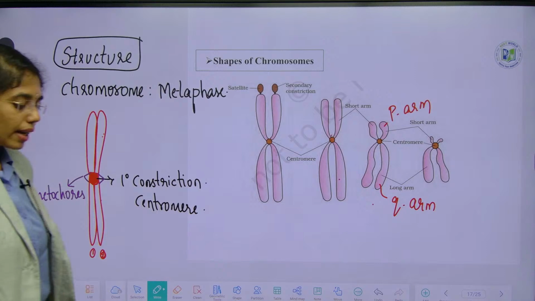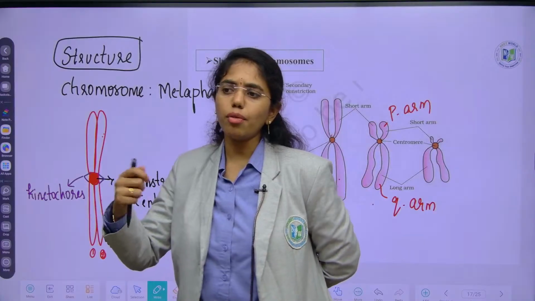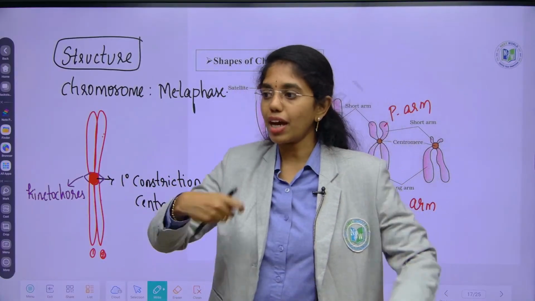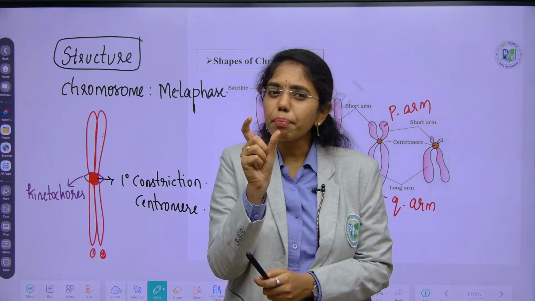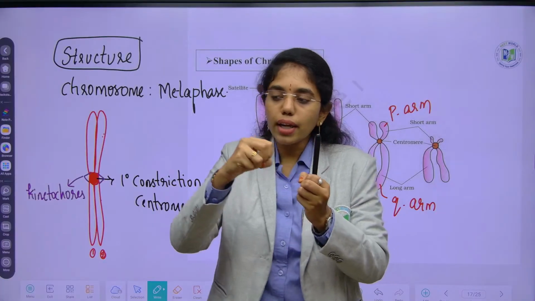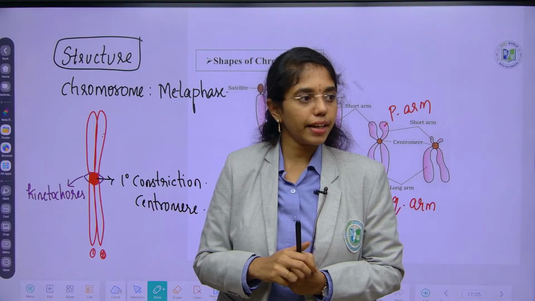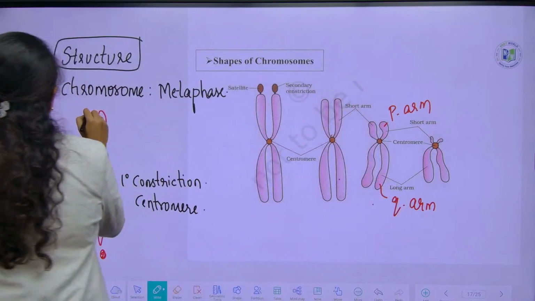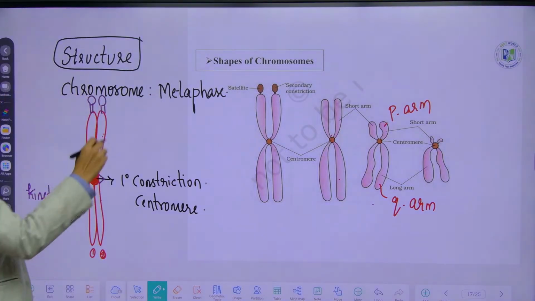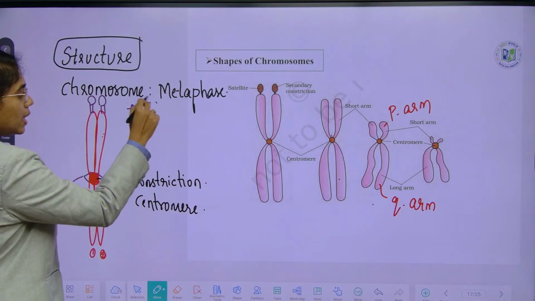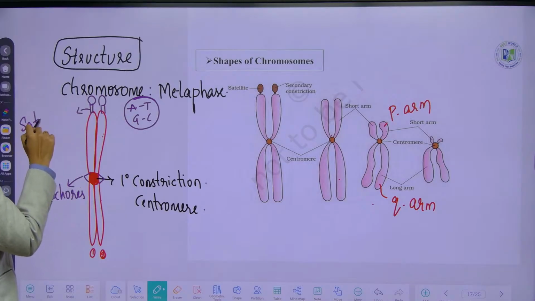And this complete set of chromosome has what? Genomic DNA. But at the time of density gradient centrifugation, when you are centrifuging the chromosomes or nucleus, you can see small repetitive DNA sequences which are non-coding apart from the genomic DNA. Those repetitive sequences are known as satellite DNA, which consists of AT and GC sequences. This will form satellite DNA